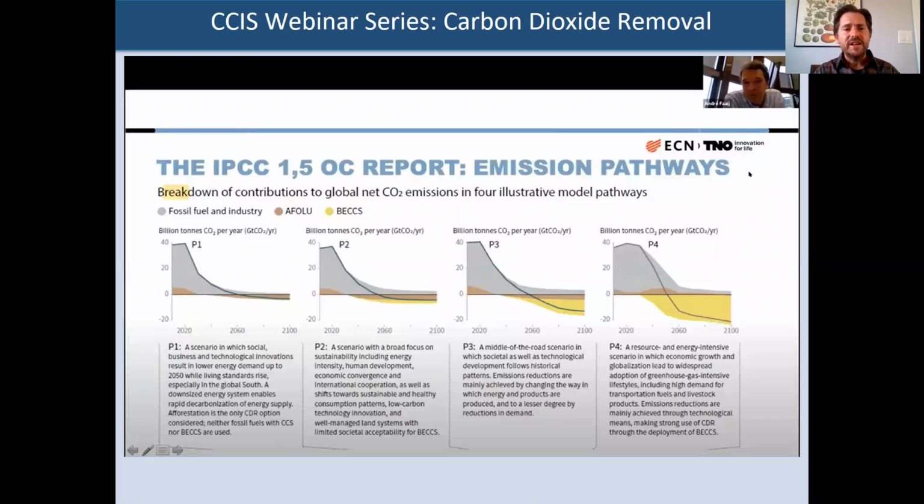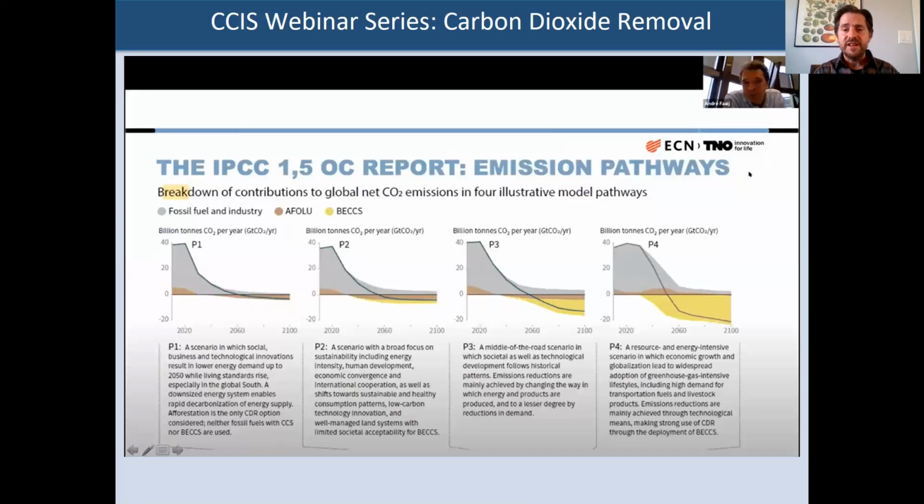So one of the things to look at is that the IPCC special report on 1.5 degrees of climate warming focused on 4 different trajectories, all of them trying to achieve this 1.5 degrees of warming. As we can see from here, all of them involve different amounts of reductions in emissions over the 21st century. But what we can see offsetting those is a large amount of agriculture, forestry, and land use, such as reforestation and afforestation, in each of these scenarios, as well as bioenergy and carbon capture and storage.